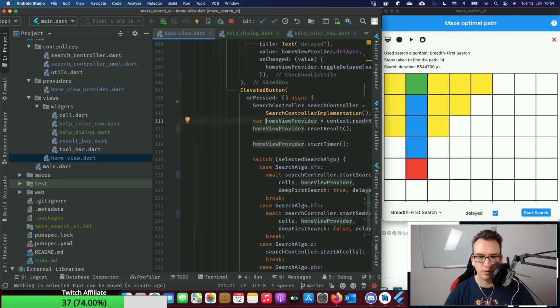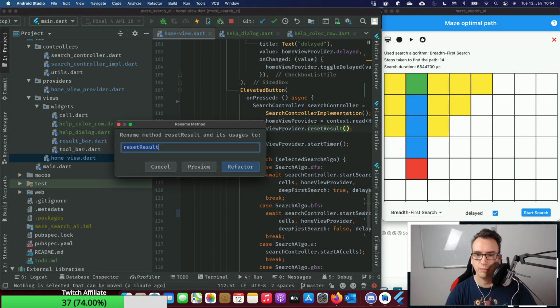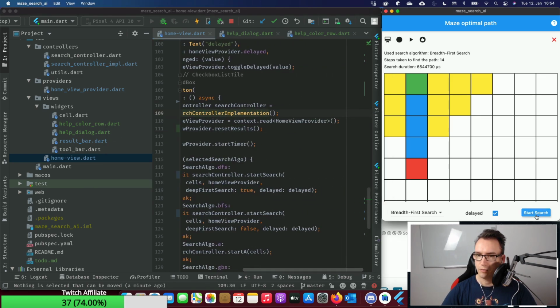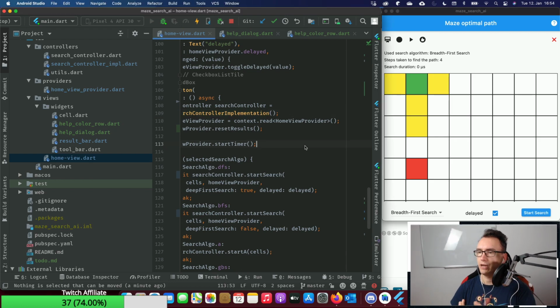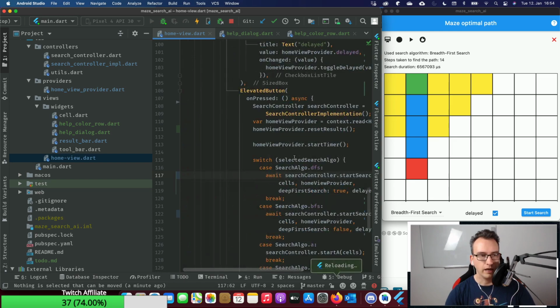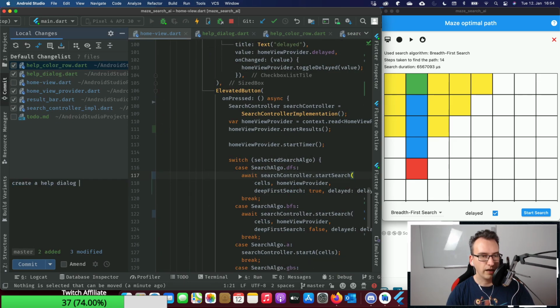And maybe it is not only one result, so you are right, maybe results. So if I click once more, then we clean up everything. I think that makes sense. And then we find the solution. Cool. Okay. So create help dialog and reset on start search.